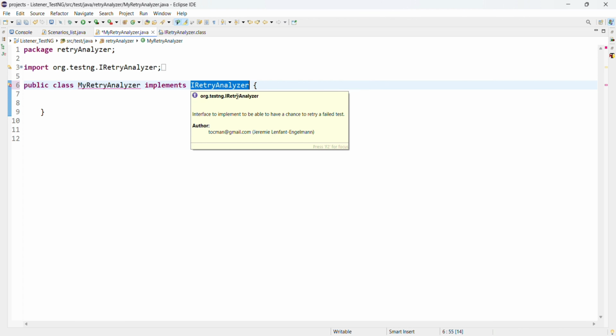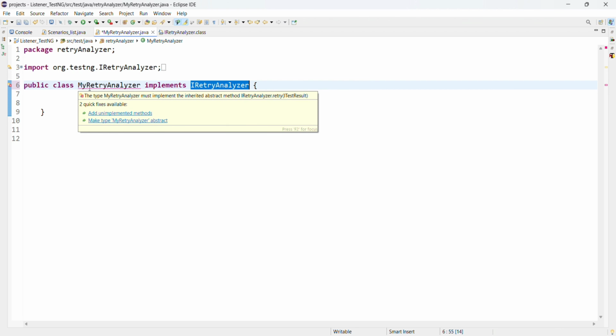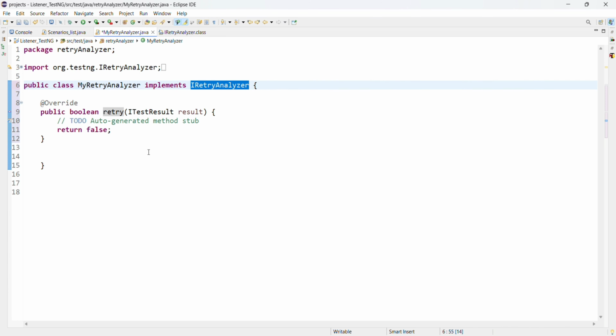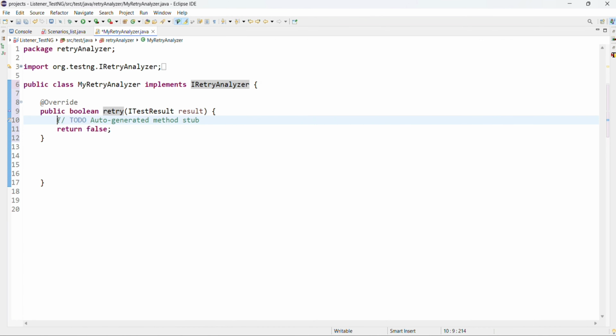If I add implements IRetryAnalyzer, then an error is thrown. Let's use add unimplemented methods. This method is already present and we need to implement it, and it is marked override.